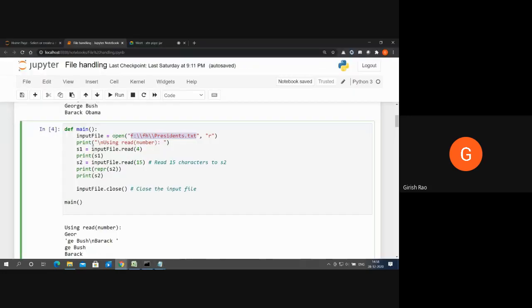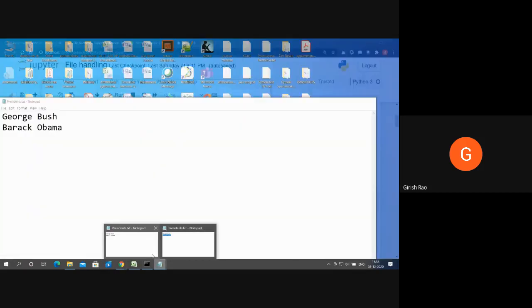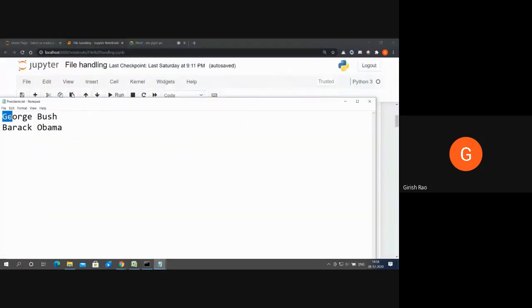So what should s1 equal to infile.read(4) do? It should read the first four characters, which are GEOR. Why GEOR? For a very simple reason. These are the first four bytes.